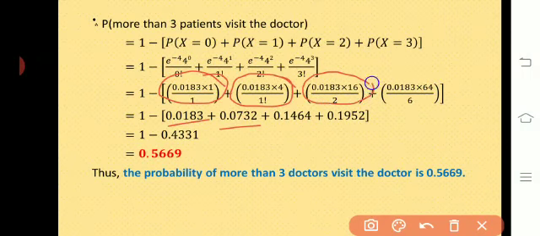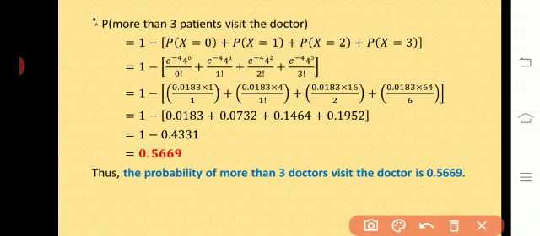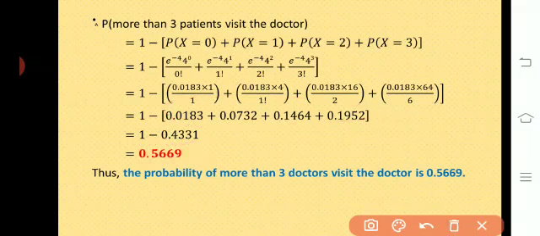Simplify the next term, you will get 0.1464, and plus you simplify the last term, you will get 0.1952. Then add these bracketed quantities, you will get 1 minus the addition of the bracketed quantity, you will get 0.4331. Then subtract this term from 1, you will get 0.5669. Therefore, the probability of more than 3,